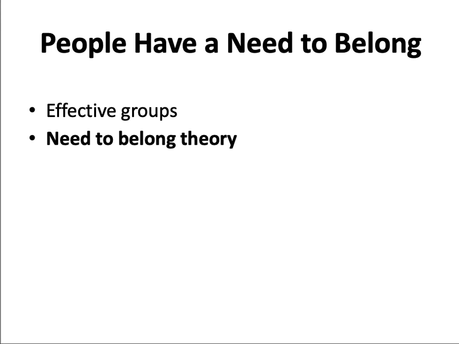People also have a need to belong. Over the course of human evolution, our ancestors who lived with others were more likely to survive and pass along their genes. Effective groups shared food, provided mates, and helped care for offspring, including orphans. The need to belong theory is a theory that the need for interpersonal attachments is a fundamental motive that has evolved for adaptive purposes.